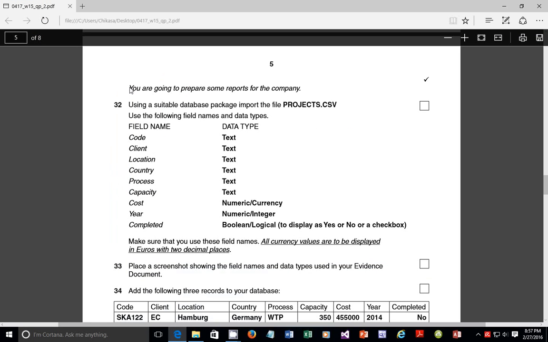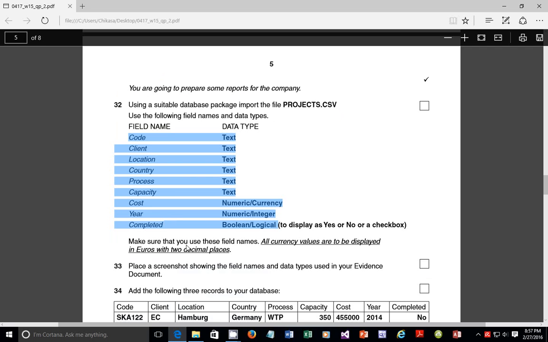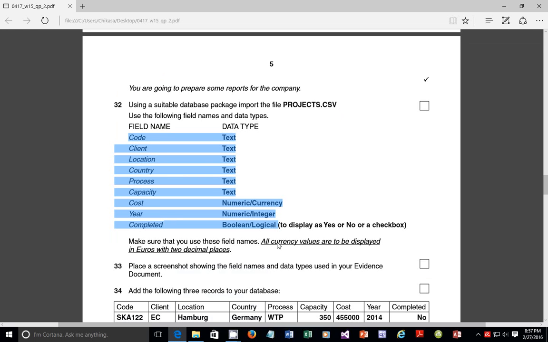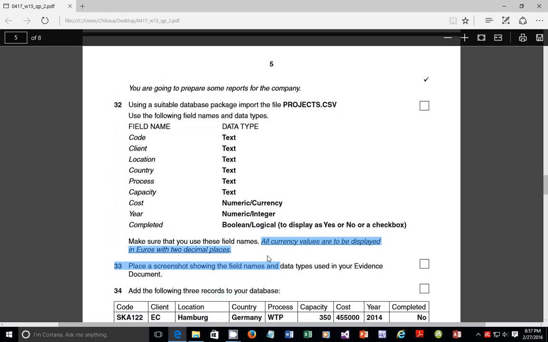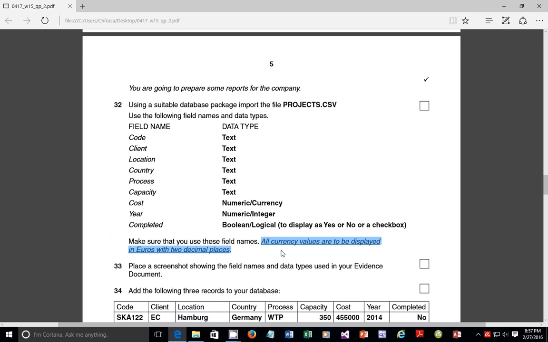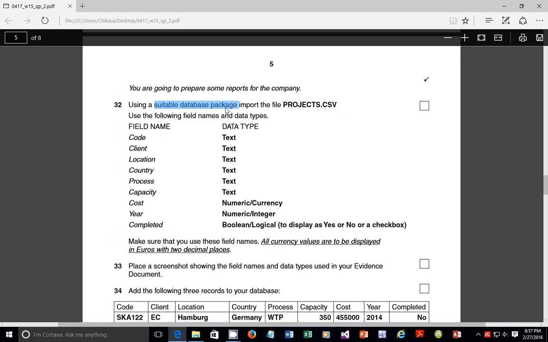So you are going to prepare some reports for the company. Step 32: using a suitable database package, import the file projects.csv. Use the following field names and data types. This is the field name you have, and the corresponding data type this side. Make sure that you use these field names. All currency values are to be displayed in euros with 2 decimal places. Now this is even underlined, which means it's very vital. Don't neglect this part. Okay, so I'm going to use my suitable database package as Access,